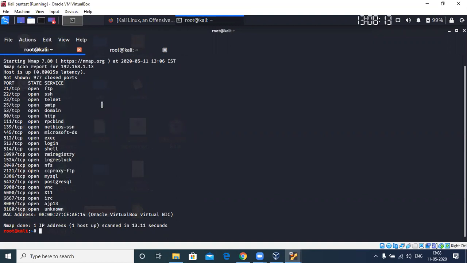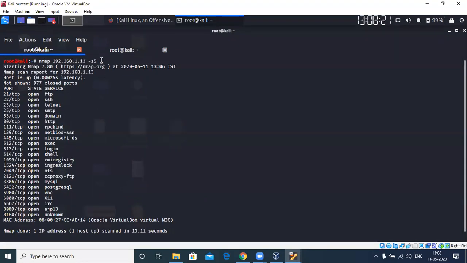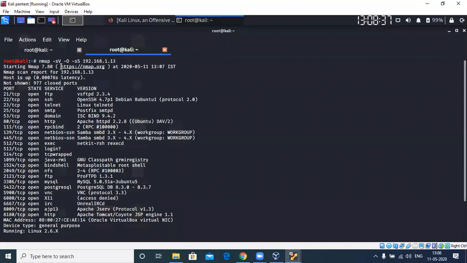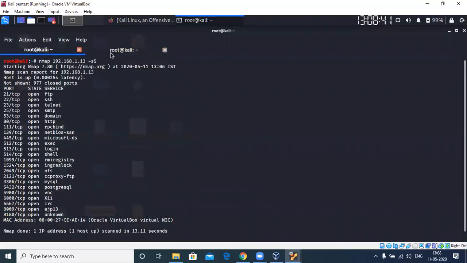But the thing with ports is you can run SSH also on port 21. In that case, if you don't enable the service detection and version detection flag in Nmap, it will detect port 21 as FTP only. It won't say that it is running an SSH service. So that is the actual difference between enabling a version detection tag and not enabling it.